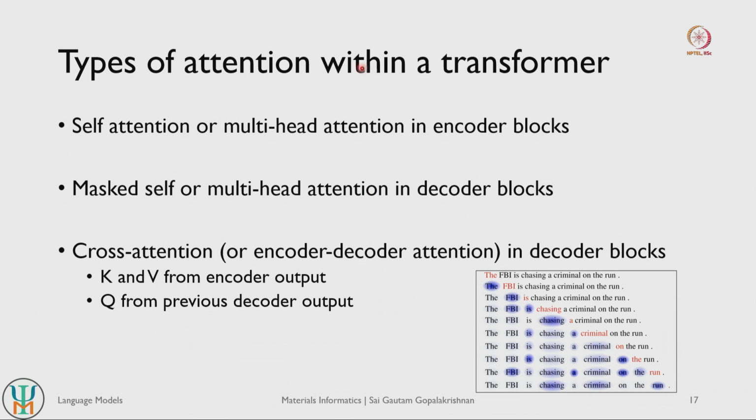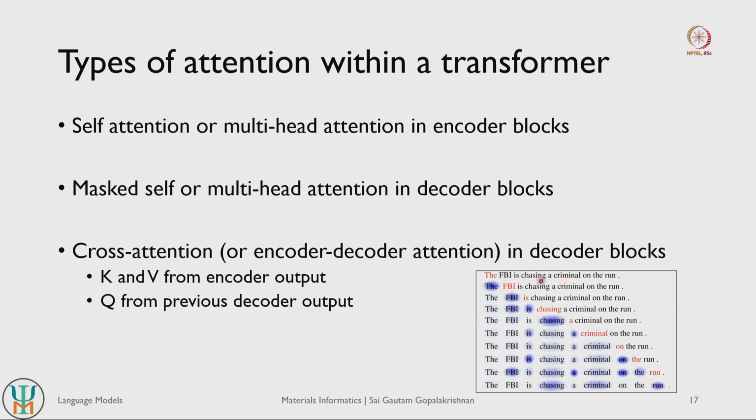Okay. And within a given transformer architecture there are actually multiple types of attention that are used. So we saw an example of self attention. You can use self attention in each of the encoder blocks within your transformer architecture. You can also modify the self attention to have what is referred to as multi-head attention. We will see what multi-head attention is in the next slide. So in the encoder blocks you basically use attention to contextualize information, and in the decoder blocks you use the same attention block but with masking techniques.